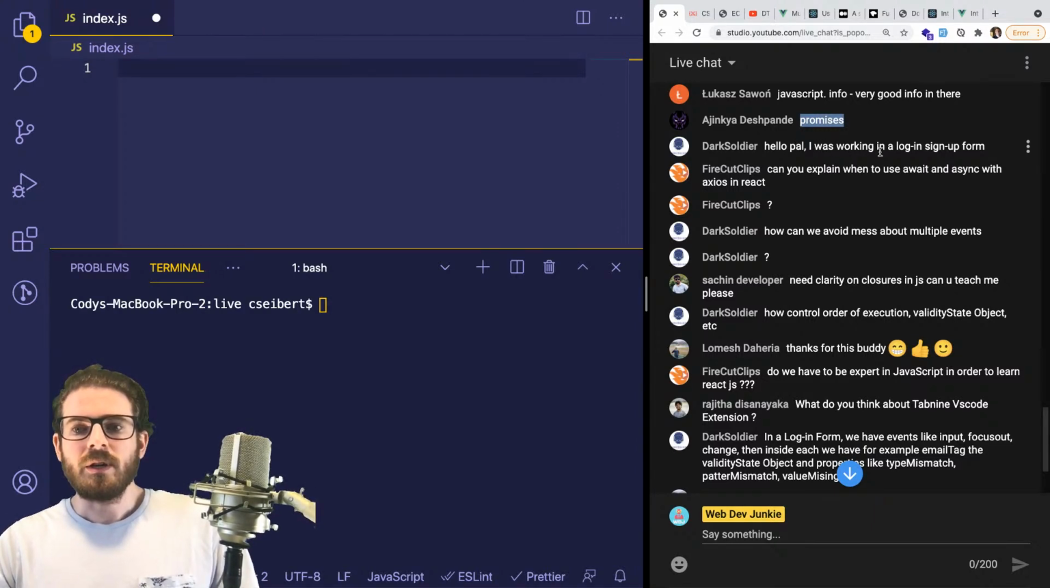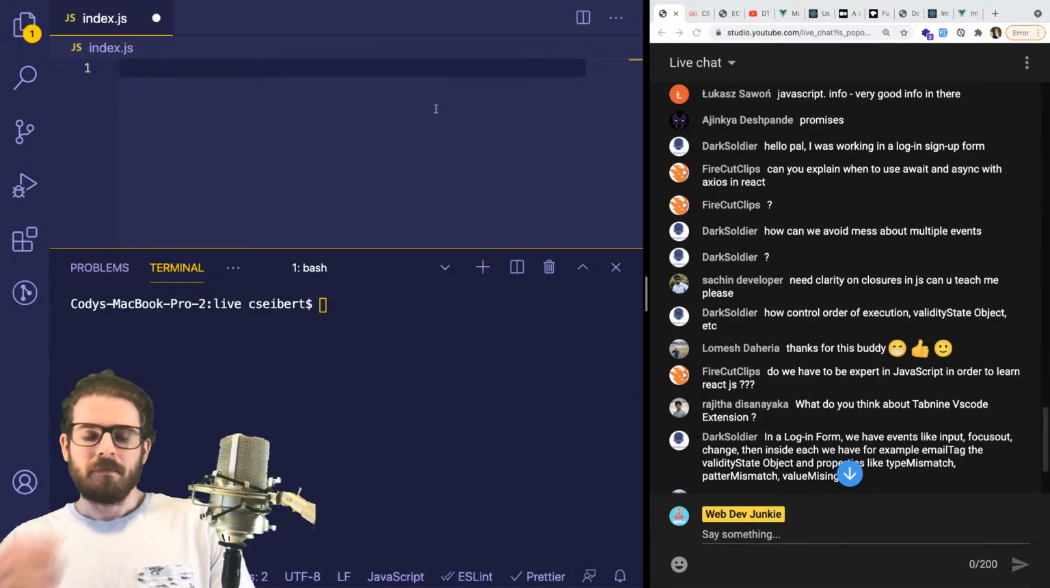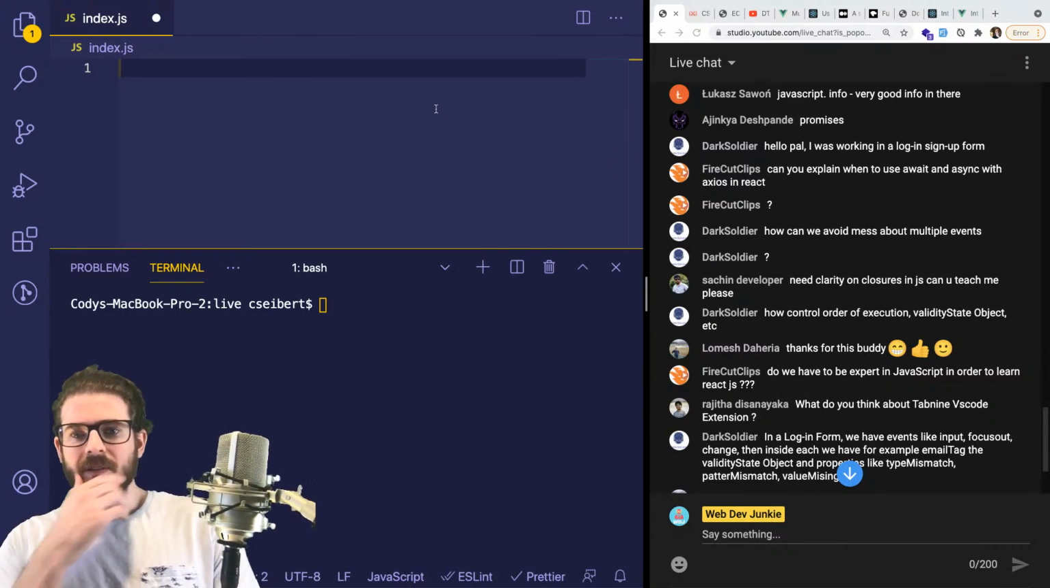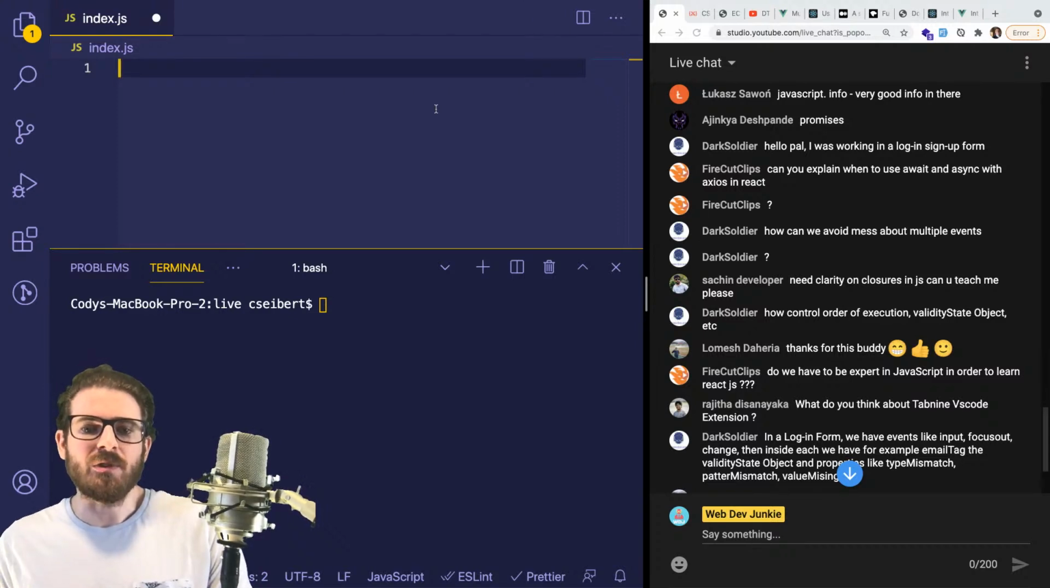Hello, pal. I was working on a login sign up form. Could you explain with Axios? I'm not going to dive in. Axios in React. Okay. Do I want to explain this? I didn't want to get into details of React and Vue, to be honest, but